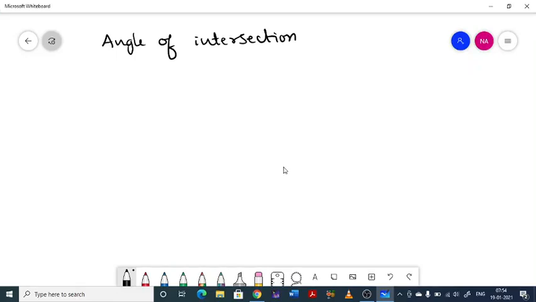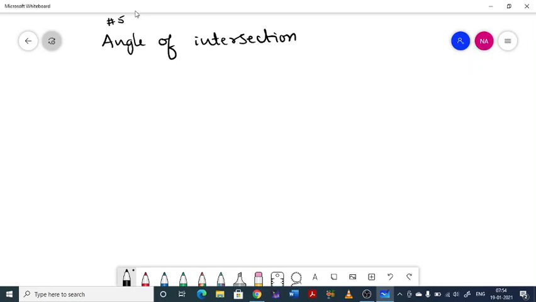I welcome you all for this, I think, class number 5. In this class, we are going to discuss how to find the angle of intersection between a given pair of curves. In the previous class, we discussed how to find whether the given pair of curves intersect orthogonally or not. We showed that the given pair of curves have angle of intersection equal to pi by 2 in the previous set of problems. Here we are going to find the angle of intersection between a given pair of curves in general.